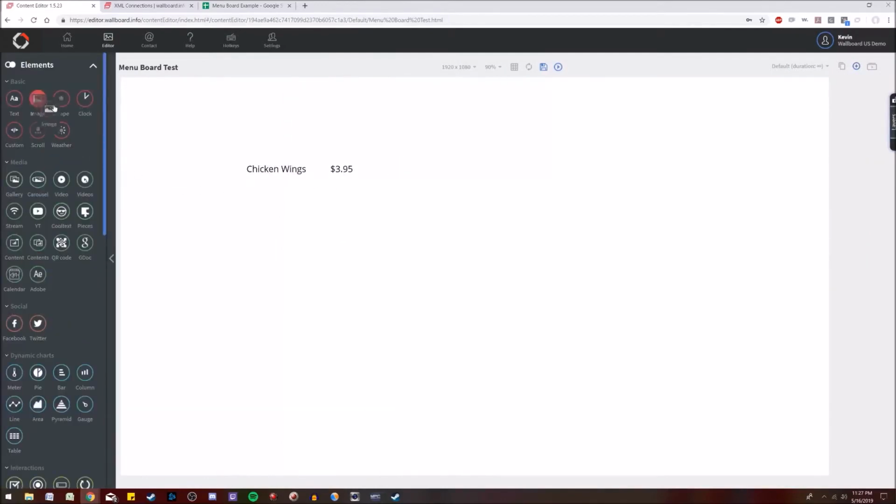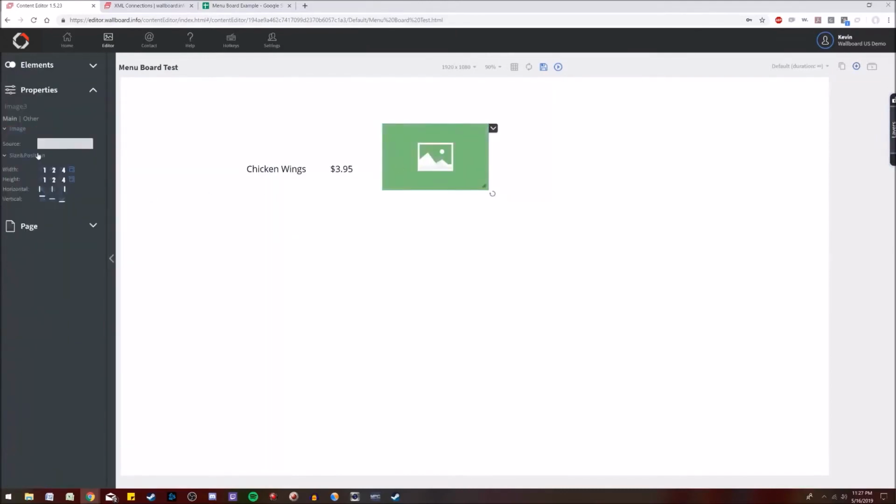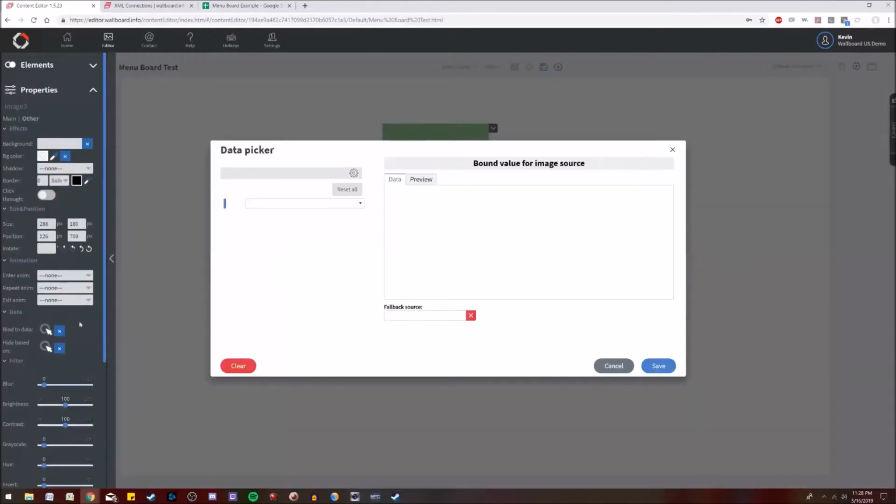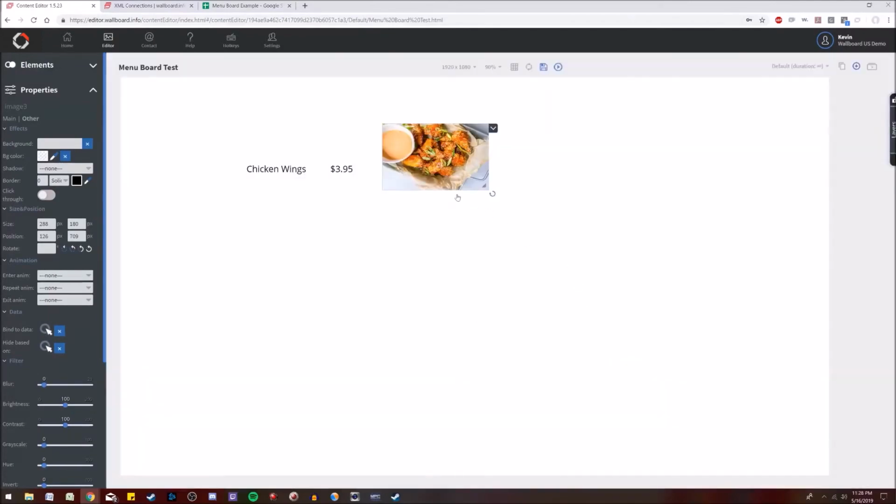Now lastly, I had a URL link for my images, so I'm actually going to want to use the image element here. And underneath the image element, I will also click on the other properties and also bind this to data. From here, I'm going to select the same spreadsheet again, as well as the first row, and this time I'll select the picture link. And you can see that the URL is actually going to populate, but it'll actually pull that URL's image right here into my canvas. And just like that, our spreadsheet's information has been populated into our canvas,